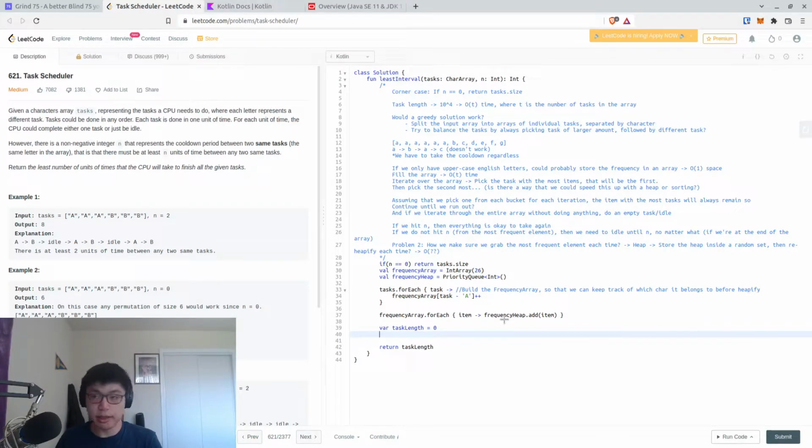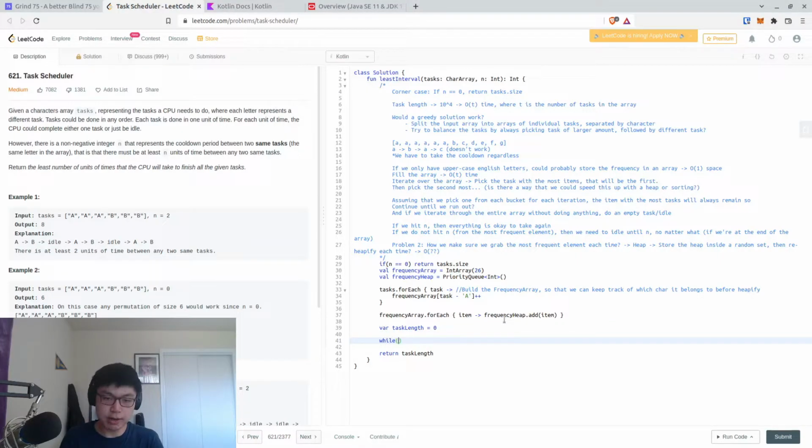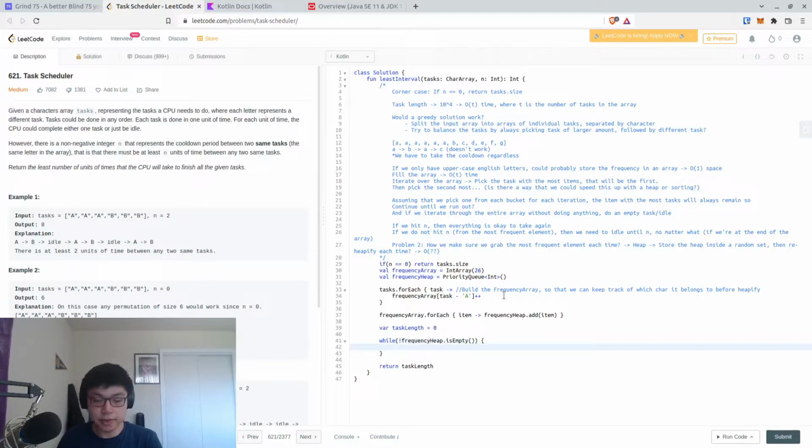Okay, and then let's see. Task length is equal to 0. Well, what do we want? Well, I think we can say while frequency heap is not empty, then we want to say